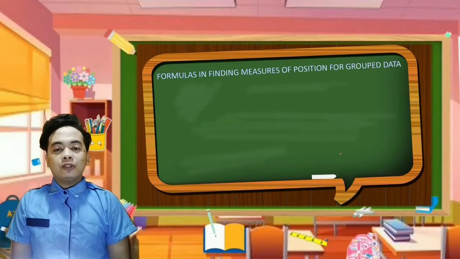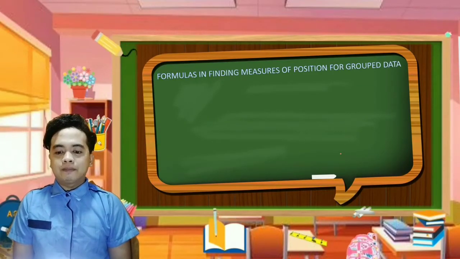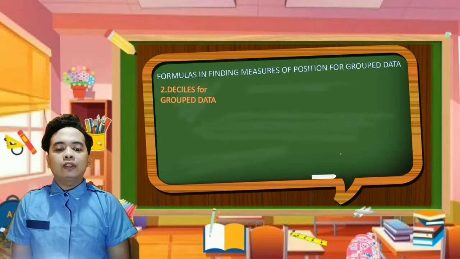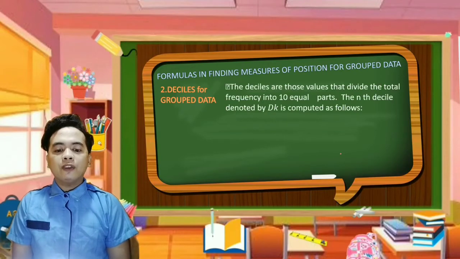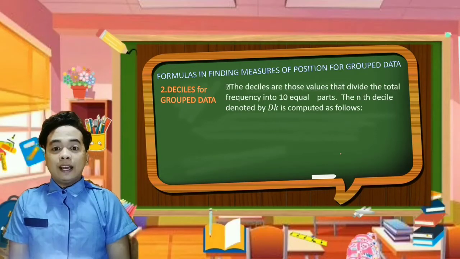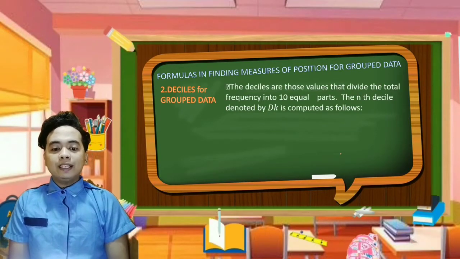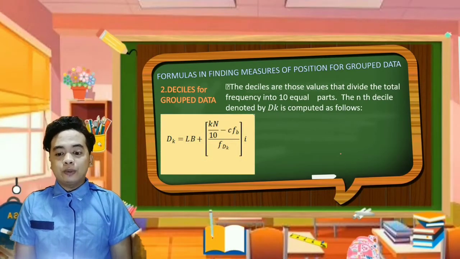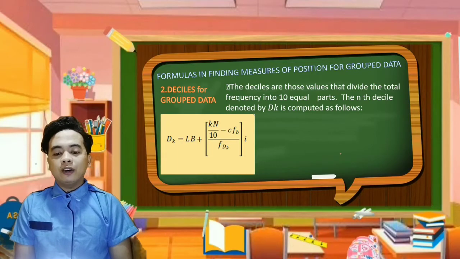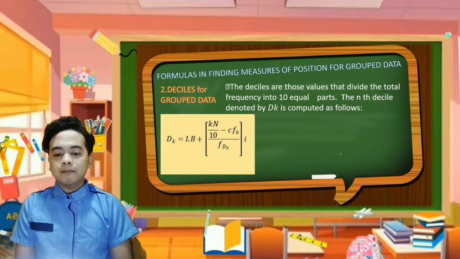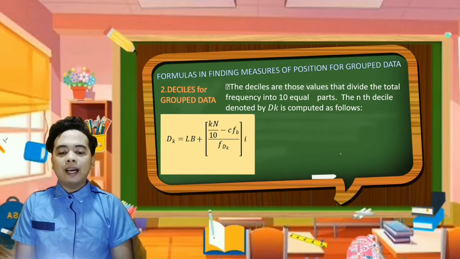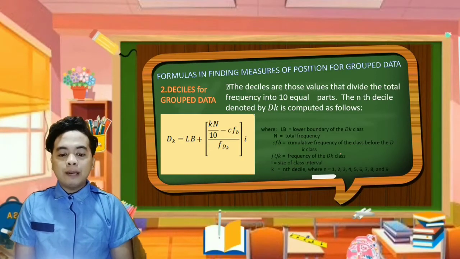Formulas in finding measures of position for grouped data. Deciles for grouped data. The deciles are those values that divide the total frequency into 10 equal parts. The kth decile, denoted by Dk, is computed as follows. Dk is equal to LB plus the quantity of kn over 10 minus CFb over FDk multiplied by i, where LB is equal to